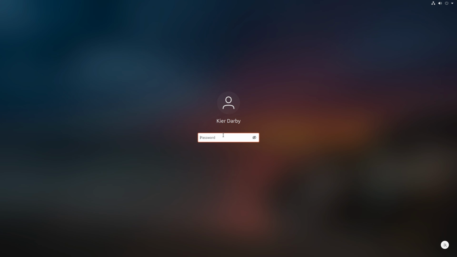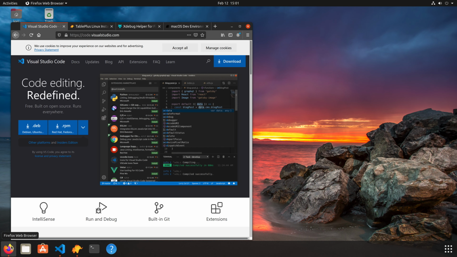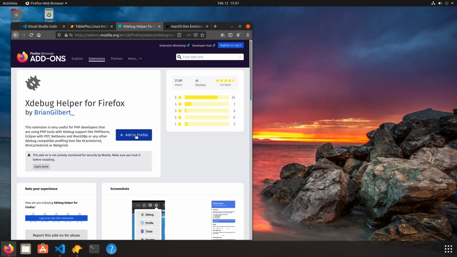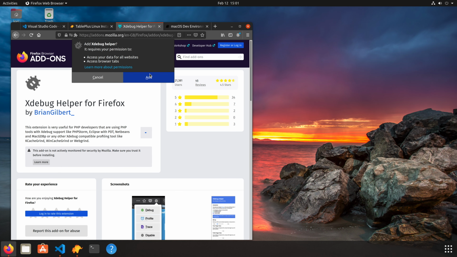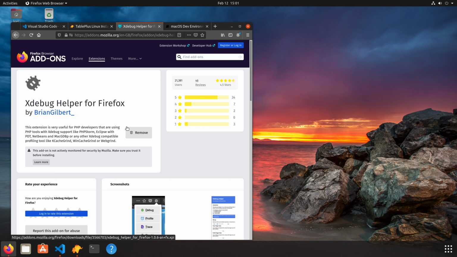So here we are in Ubuntu. I've already installed Visual Studio Code and TablePlus, and I'll look at instructions for those later on. And I've also got ready the Xdebug helper for Firefox, which we're going to be using later on. We've already done tutorials for Chrome and Safari, so seeing as Firefox comes installed by default in Ubuntu, we'll be